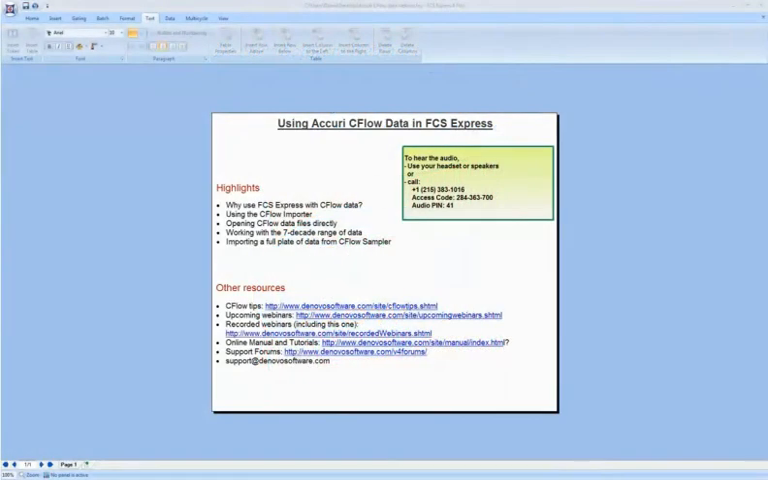So hello, welcome to the webinar on using Accuri CFlow data in FCS Express. What we're going to cover today is the highlights that you see listed on the screen right now. We're going to go over why would you want to use CFlow data in FCS Express, and then how to use the CFlow importer, how to open CFlow data files directly, and then another important question is how to work